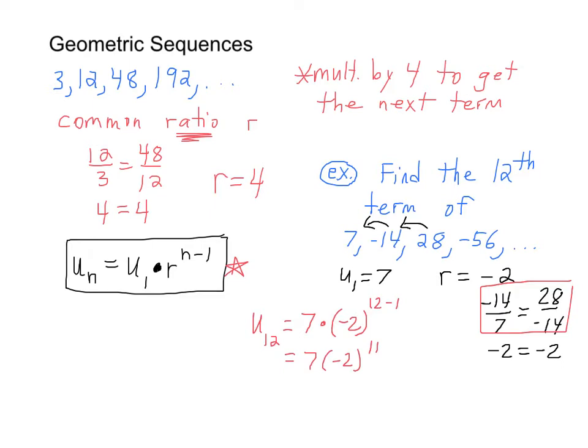Now, write yourself a note, and star it, that this is not equal to negative 14 to the 11th. You cannot multiply those two together. You'd have to do your order of operations, negative 2 to the 11th power first, and then multiply it by 7. You're going to be allowed to use a calculator with these questions when the numbers get really big. So negative